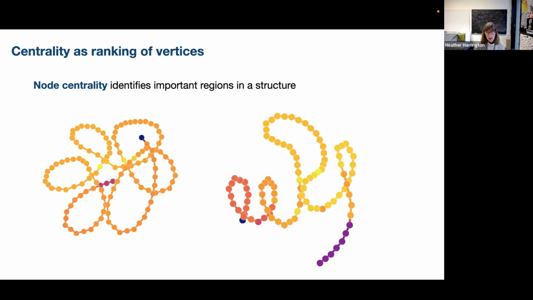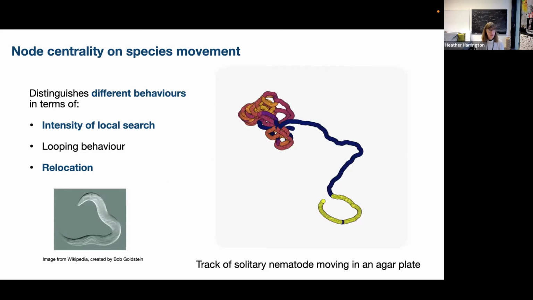And then we want to see how this corresponds with real problems and other data sets. So we looked at movement of different species. This is a nematode, a worm, and this is data we used from a collaboration with Michael Stumpf, Andi, who is in Michael Stumpf's group, and Christian. In a previous paper, the Stumpf group analyzed the movement of these worms. We had this data, and we computed the hyperTDA pipeline and node centrality. And what we found is that the centrality actually could distinguish the different behaviors, which are pretty well known, that worms go through different areas of behavior,